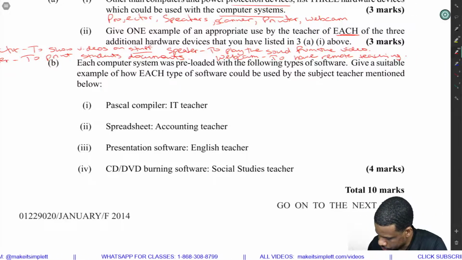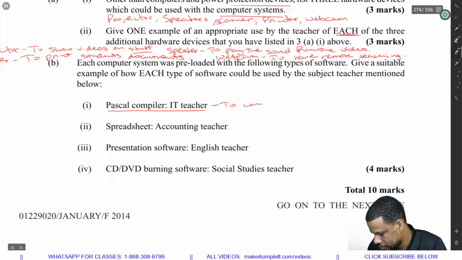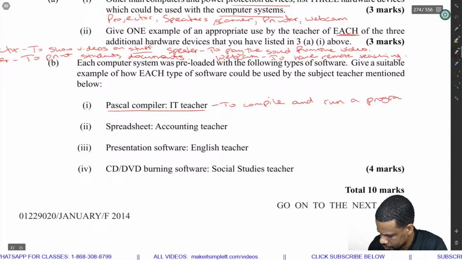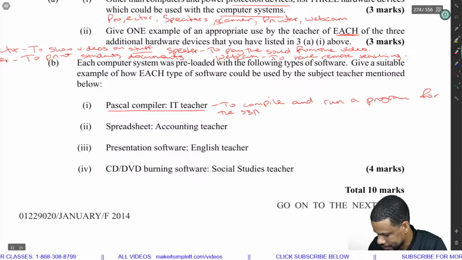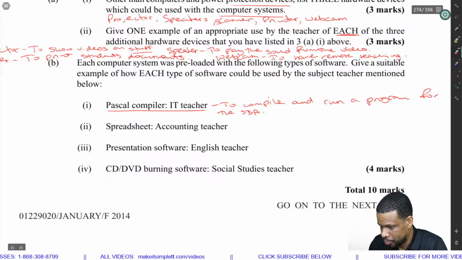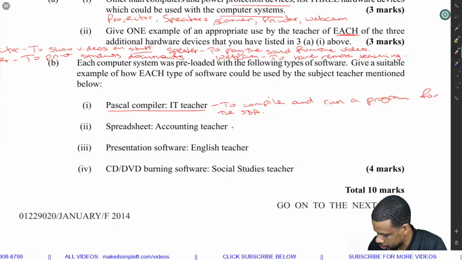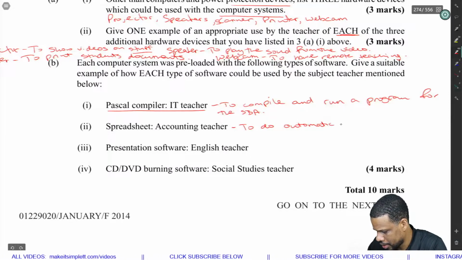How each type of software could be used. How would you use a Pascal compiler to compile and run a program for the SBA? Basically. Spreadsheet for the accounting teacher to do automatic balance sheet